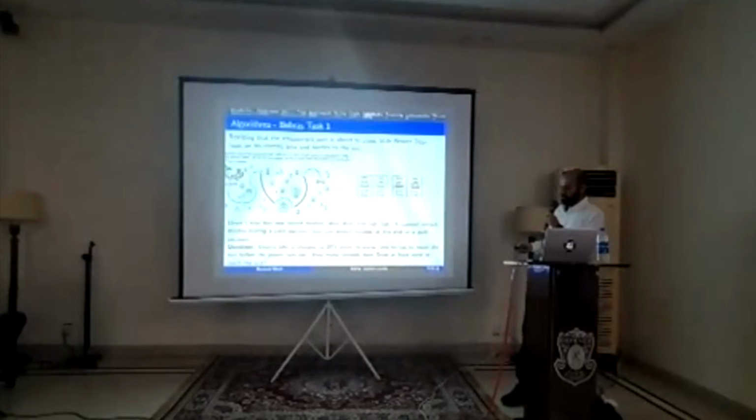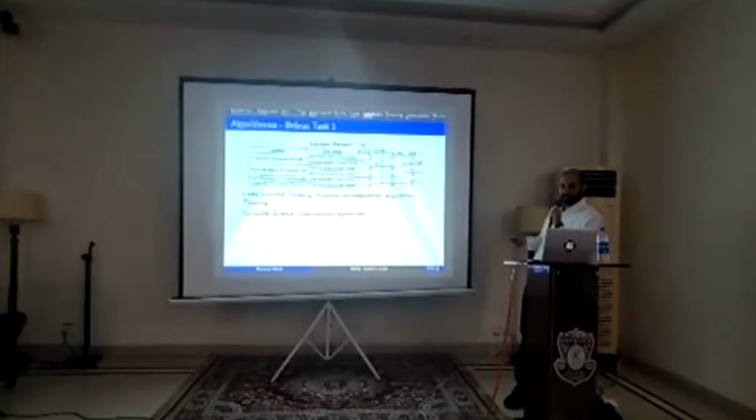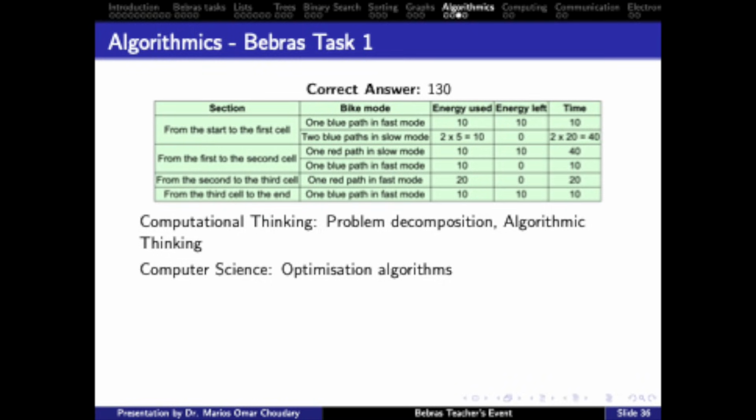So I think here we have basically this calculation in this step in the first dimension. One blue path in fast mode and two in slow mode, and then this calculation here, the 40, and then we have one red path in slow mode and the blue path in fast mode. So again, this is another 50, and then the red path in fast mode and the last path in